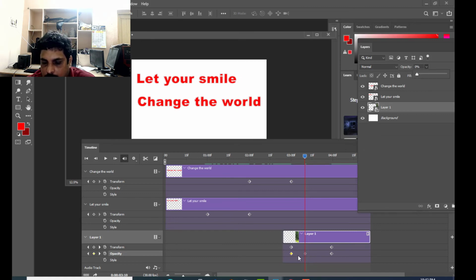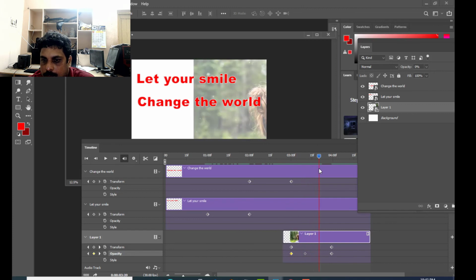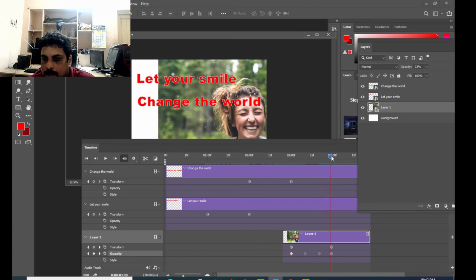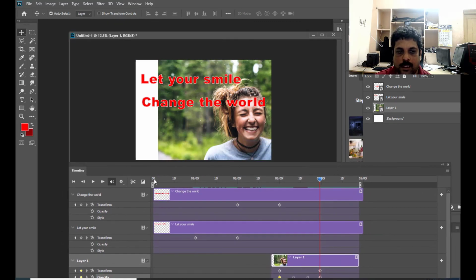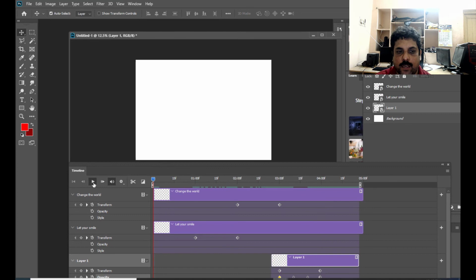See, a key is created over here, and then let me reduce it even further, so it's very light, and then completely here we have 100% opacity. So this is a simple animation that we have created.